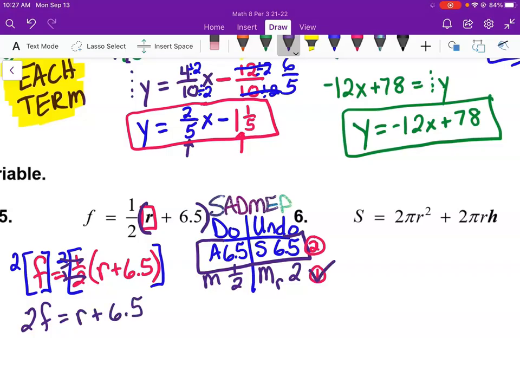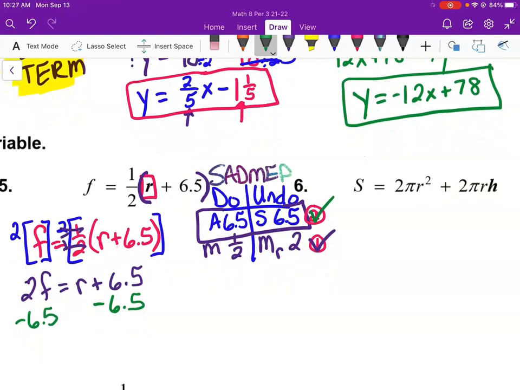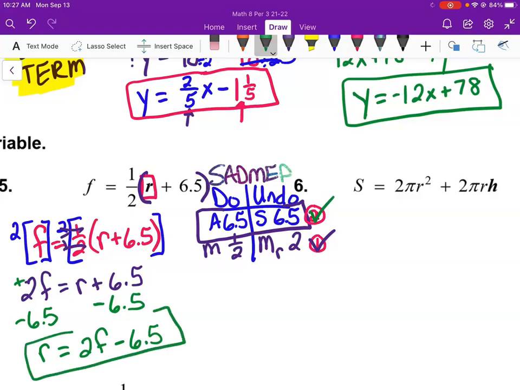Did this guy. Now I'm going to do this guy. Subtract 6 5/10. Okay. And then I'm going to move the r already. r equals 2f minus 6 5/10. Remember, there was no sign, so it's a positive. Okay, on number 6,